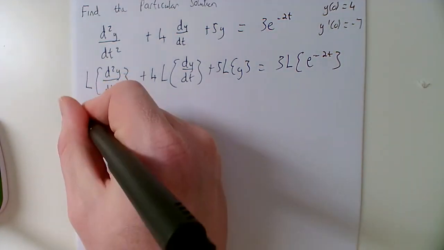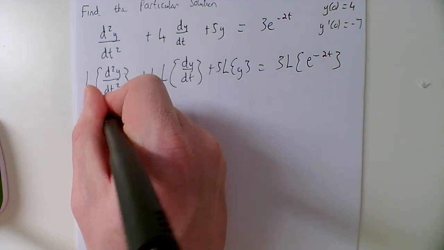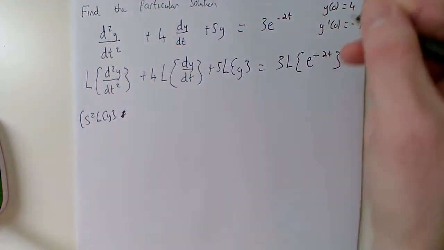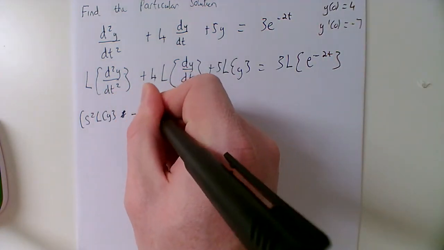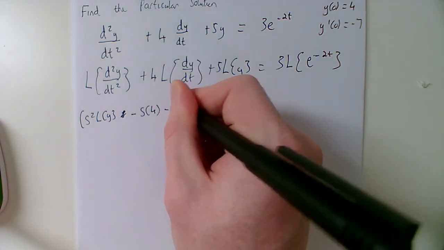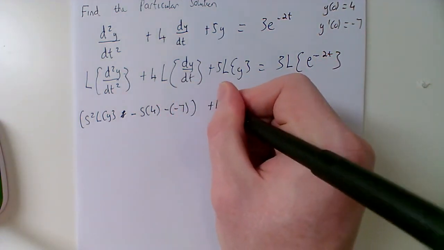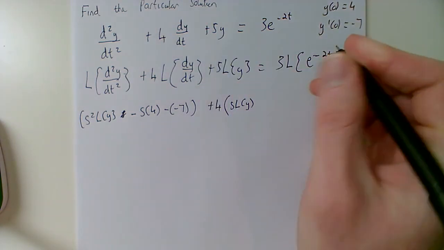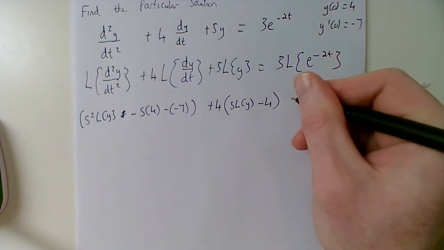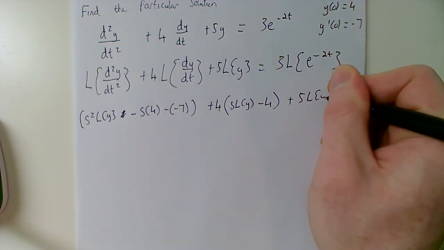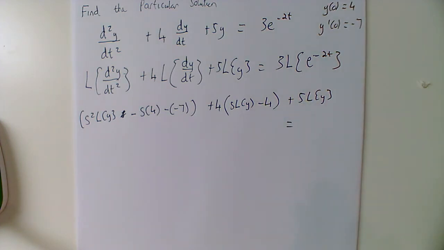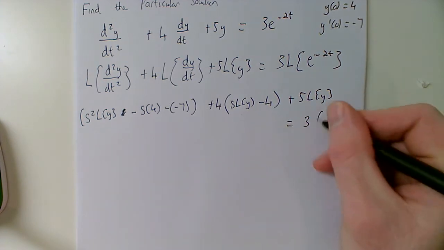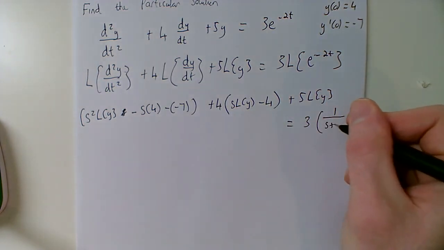So we know that for this it's s squared LY, take away s times 4, take away negative 7, plus 4, and then it's s LY, take away y0, which is 4, plus 5 LY equals, and I know I'm not going to fit it on that line, so it's going to be 3 times the Laplace transform of 1 over s plus 2